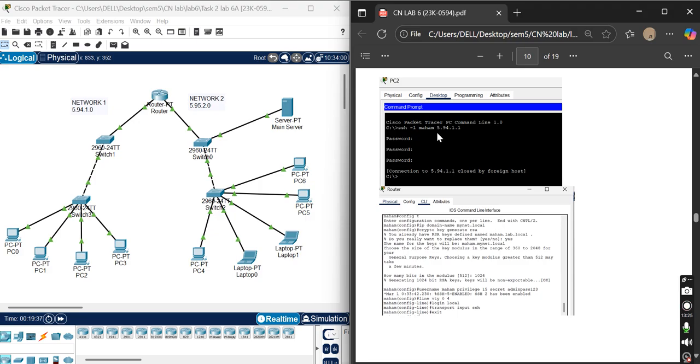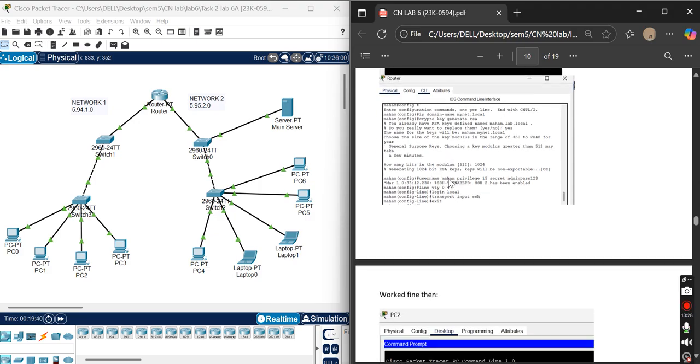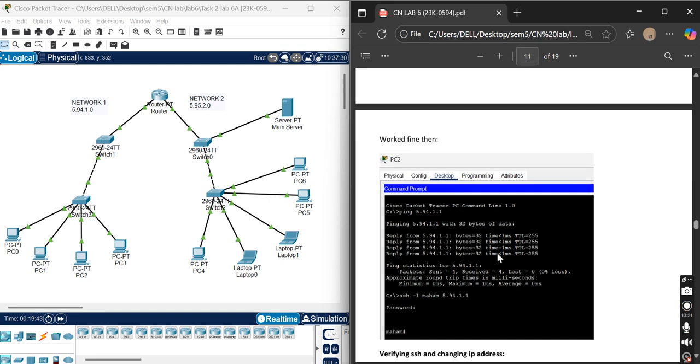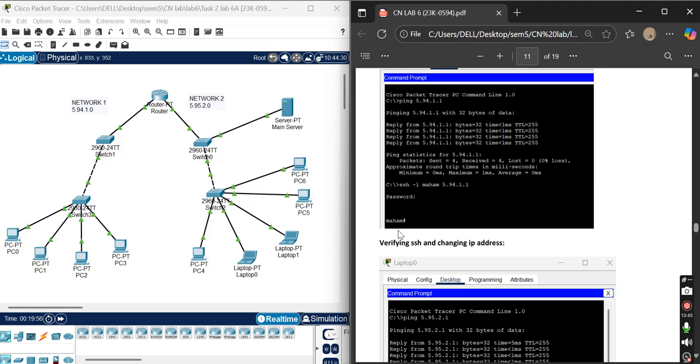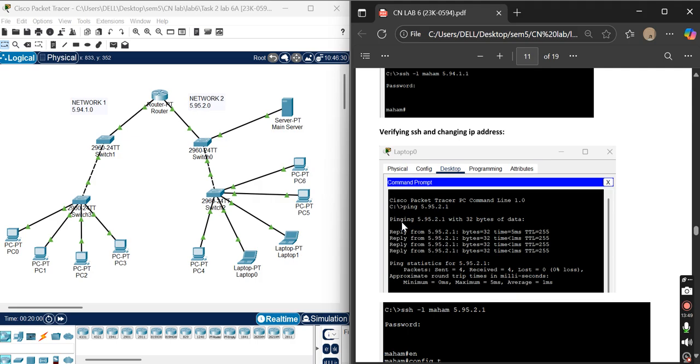And then I tested my SSH command, and I tested SSH -l maham 5.94.1.1 command, and it entered my router username, which was maham, successfully.